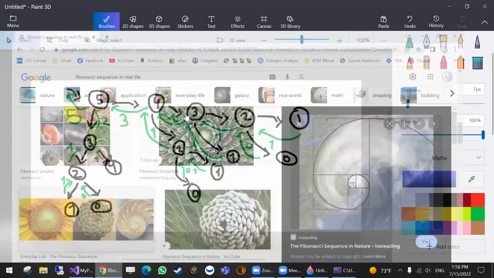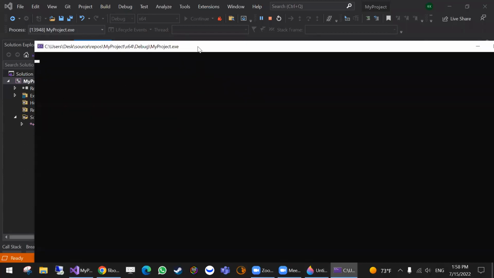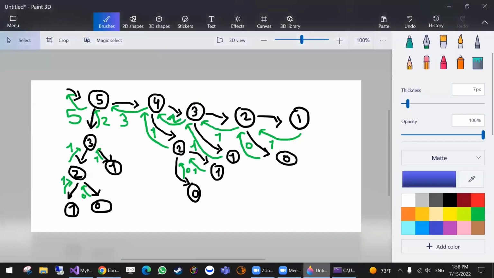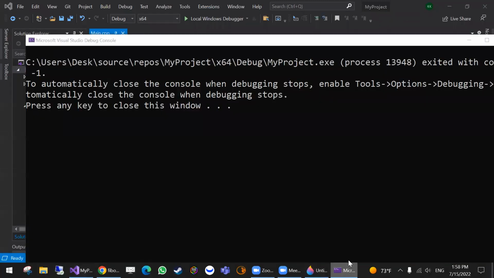So when I call it with 100, that's a lot of work. When I call it, see, it's still working. That's a lot of work for the computer at 100. So the homework is to do some caching. Basically, notice in here,